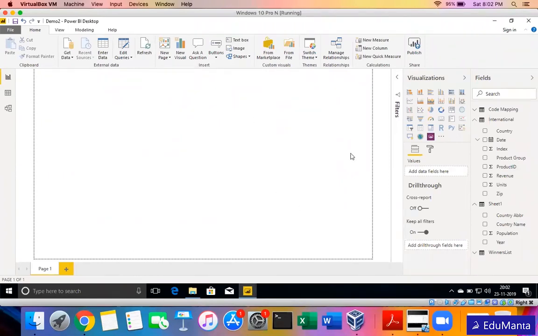So this is a blank canvas. After I have the data, it's available in this field section. Right now I have 4 queries that we developed last day, and this is blank at first, and we have just a page 1. We can rename this page as desired, as I mentioned in the last day also. Now suppose we want to start developing a visual.